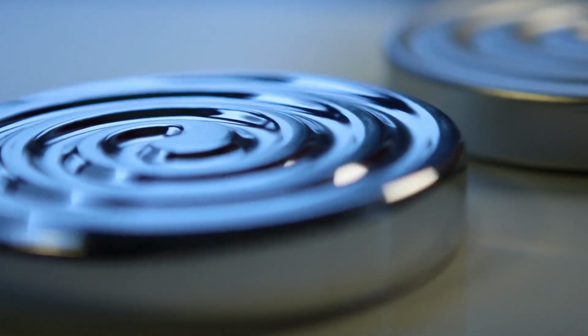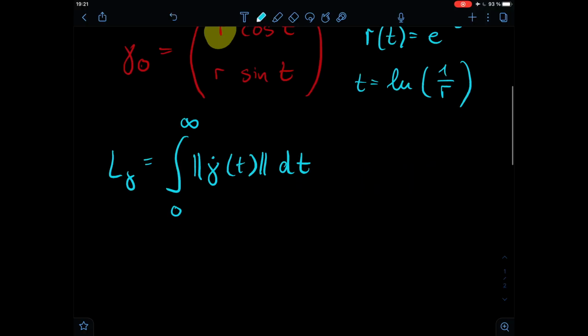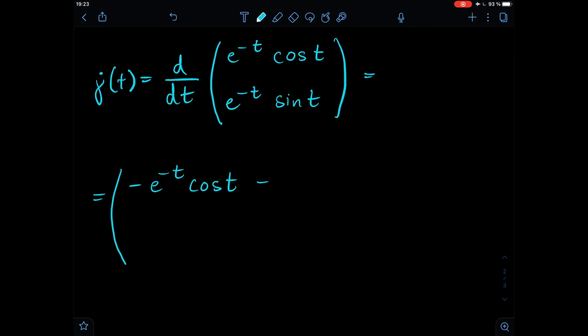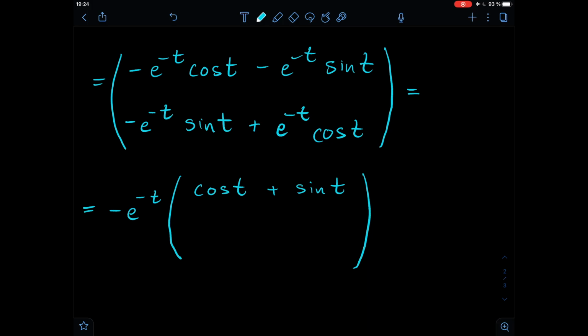Today with a very special topic, spirals, or to be more specific, we're going to calculate the length of an infinite spiral, of an infinite logarithmic spiral. And you won't believe the solution. It is absolutely amazing. It kind of blew my mind when I saw it, the connections that I could see